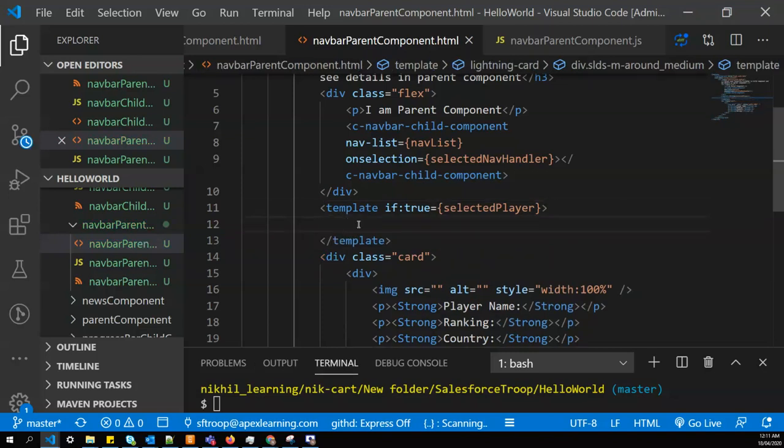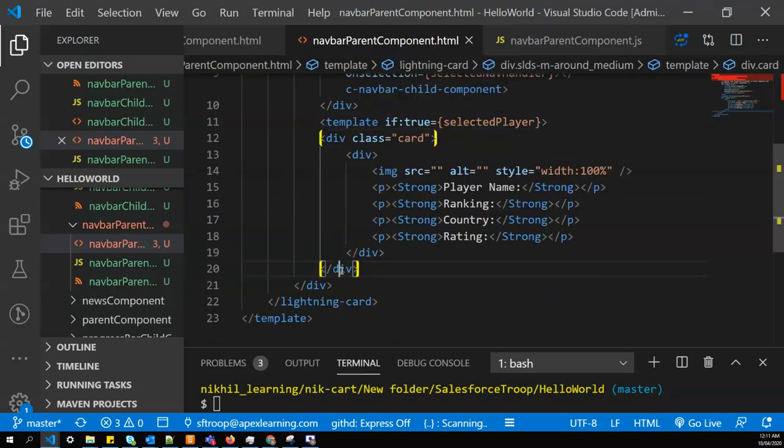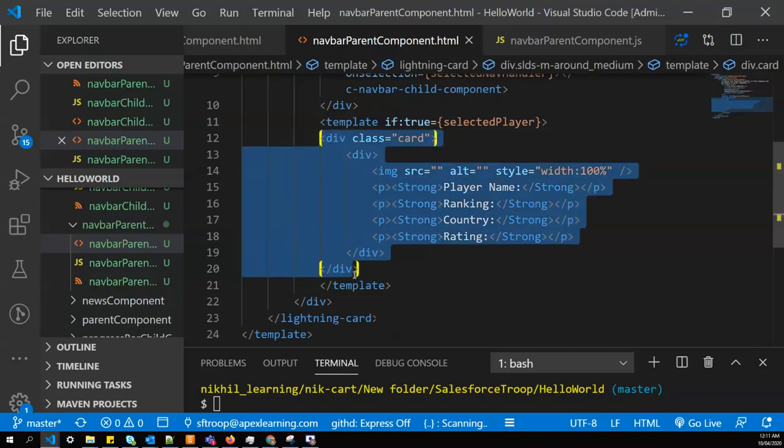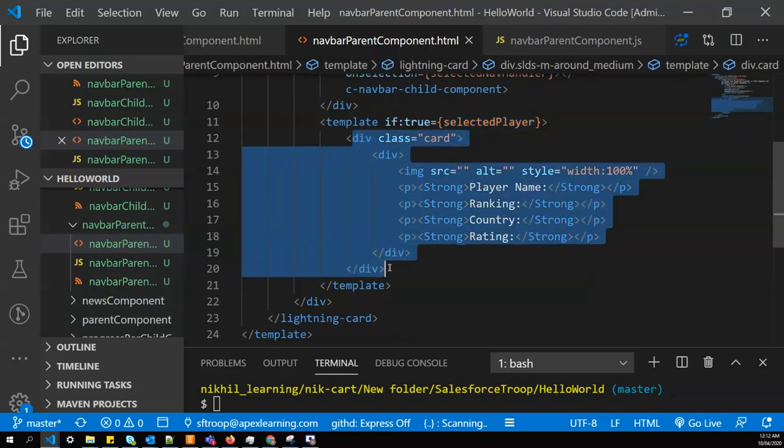So if it's null in JavaScript, it's false. So we'll wrap our card for this property within the template. So what we are trying to achieve here is, if none of the players is selected, my card should be hidden.